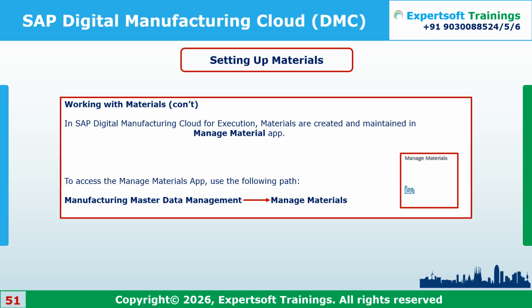Yes, we can definitely not manage, or change, or modify the material details. But however, whatever information is available in S4 for a specific material will be available in DM. So let's say if we don't have any fields in DMC and we need